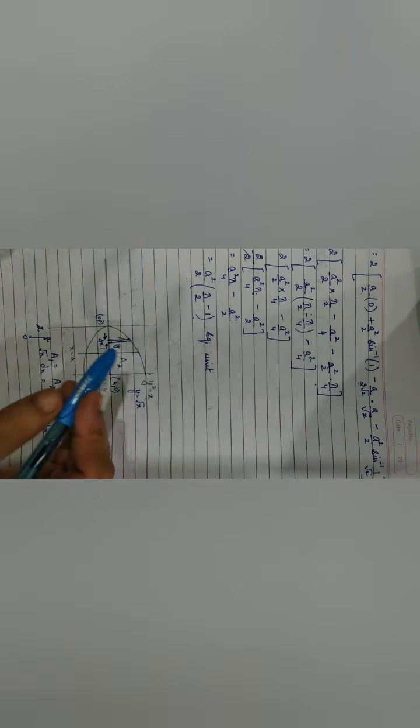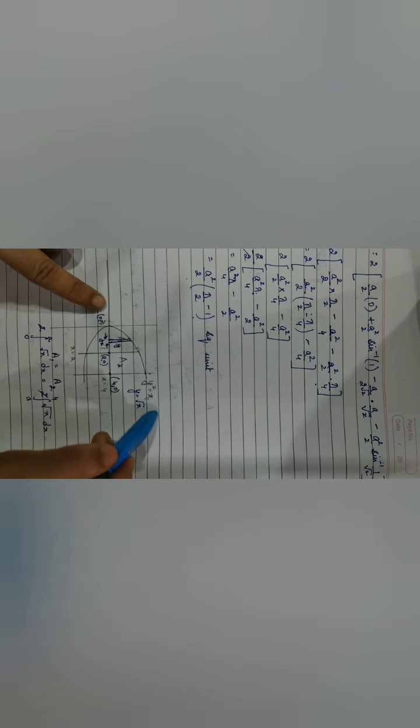Okay. Moving on to question number 8. In question number 8, we have the area between x is equal to y square and x is equal to 4, which is divided into 2 equal parts by the line x is equal to a. We have to determine the value of a. So y square is equal to x will be this parabola, right? Then we have this line x is equal to 4.